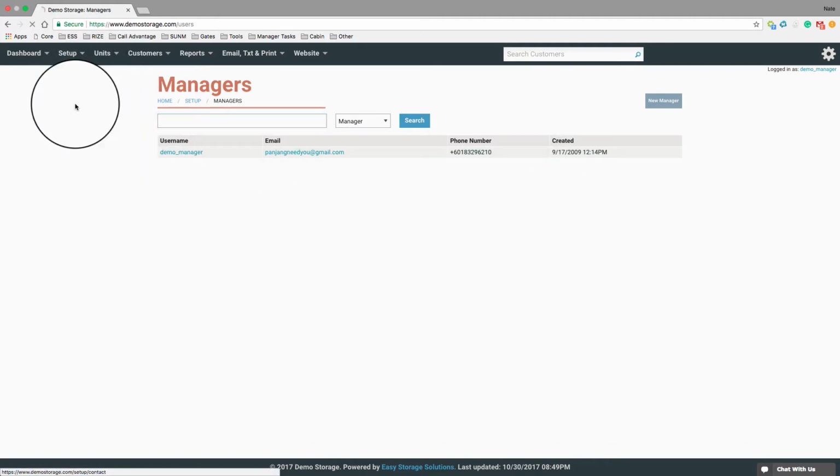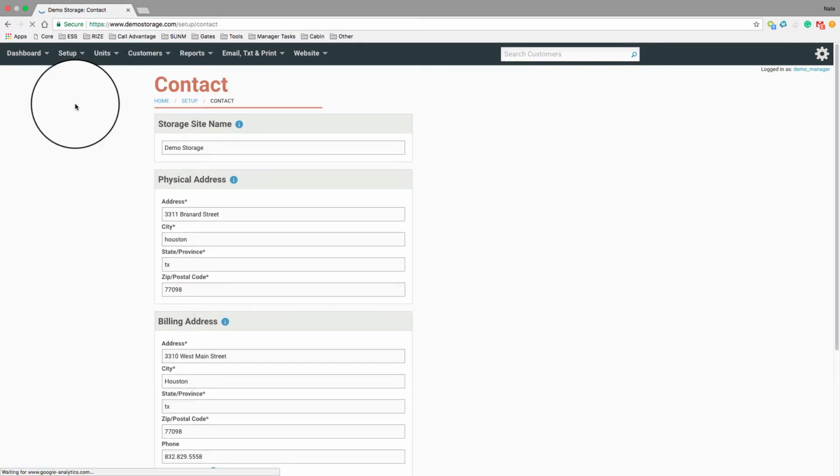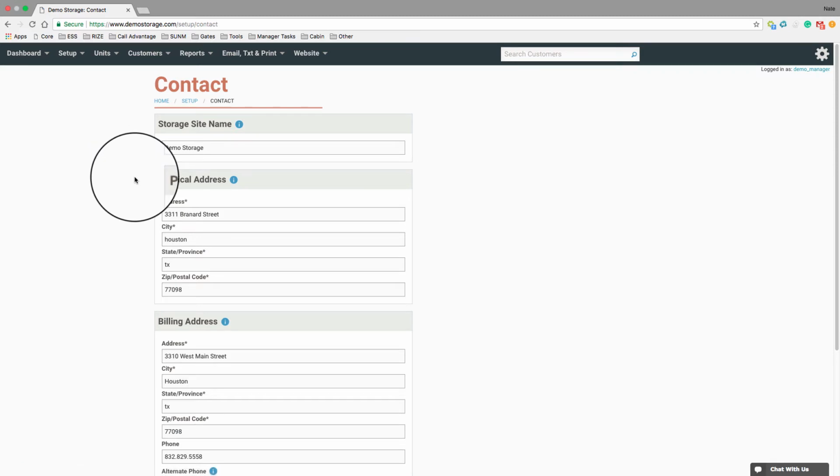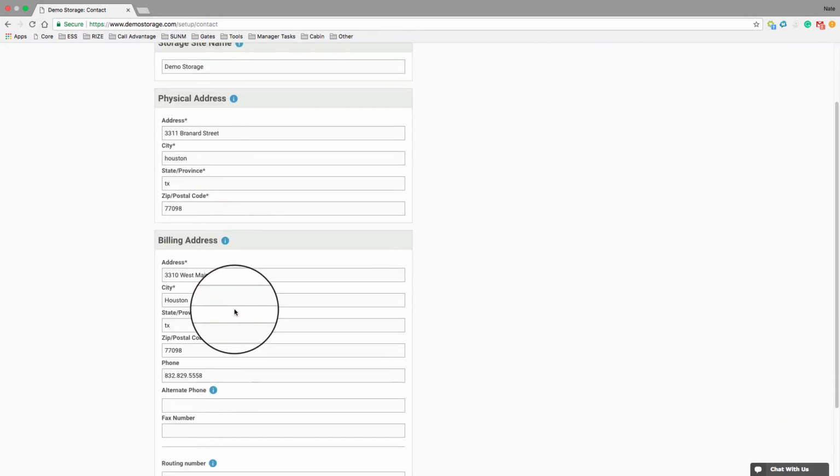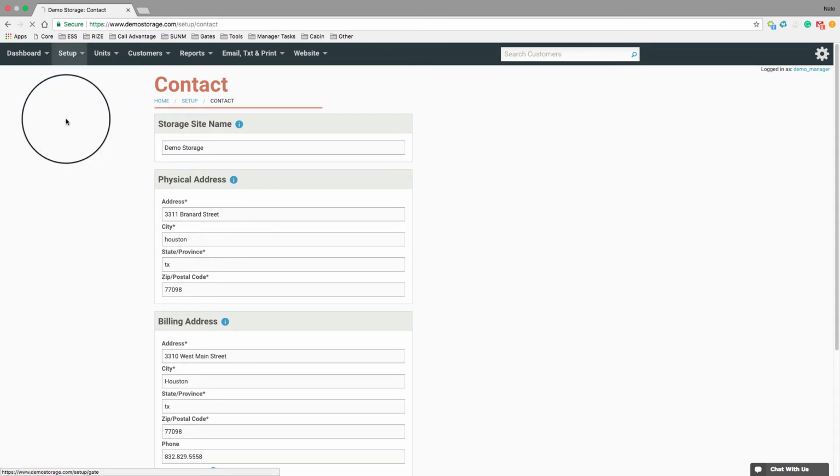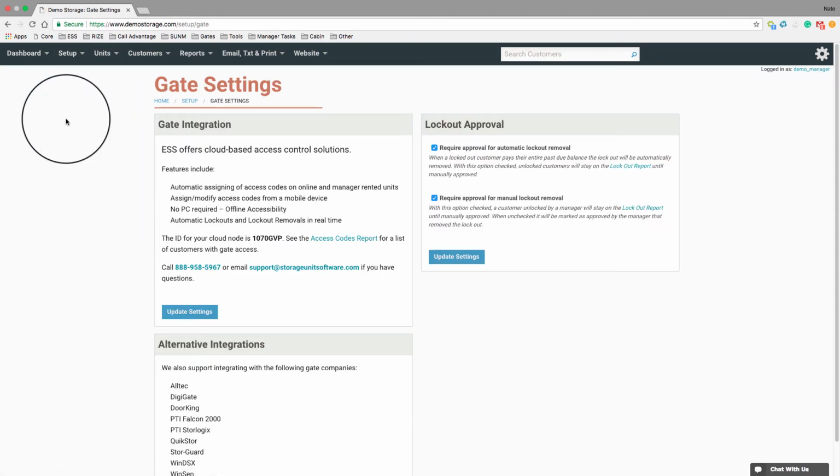The next sub-tab is the contact sub-tab, and you won't really have to play around with this much either, but this information does show up on your website. So if you notice that maybe your website has the wrong address or something was entered wrong, you can come here and change that. The next sub-tab is the gate sub-tab, and the gate sub-tab is just where we would